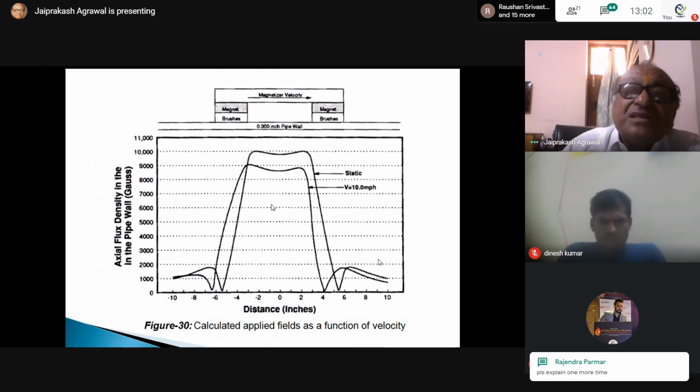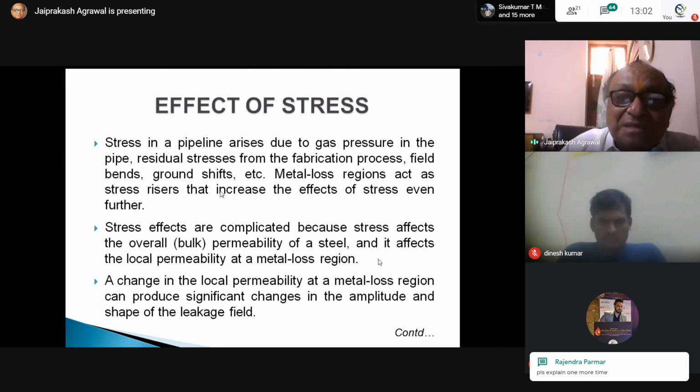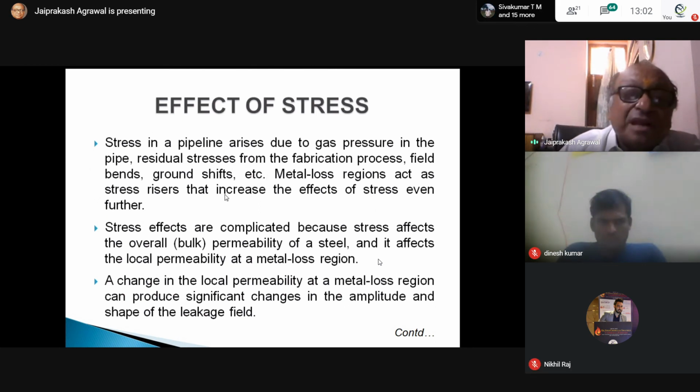Effect of stress: stress is also injurious to the pipeline. Besides stress corrosion cracking, because of stress the magnetic flux is also changing. That will happen because of changes in pressure, or if there is any contraction in the pipelines at the weld joints, or if there is some inside coating, or some obstruction, then stress will develop, and that will also change the magnetic flux density.